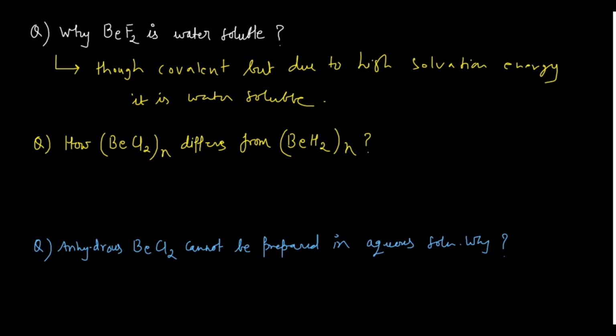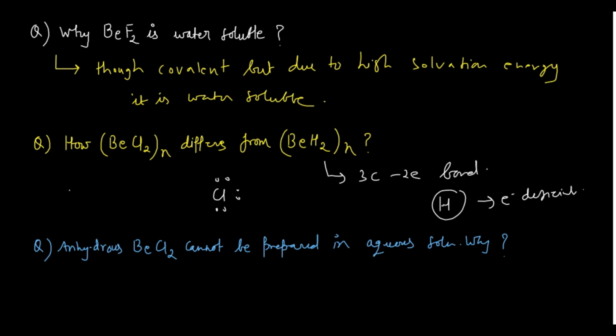If you remember, in case of BeH2 I was having a three-centered 2-electron bond. Why? Because hydrogen is not having any electron. It is electron deficient. But in case of the halogen, you are having what? Lone pairs. So when you are having the lone pairs, that means the lone pairs can be easily donated to